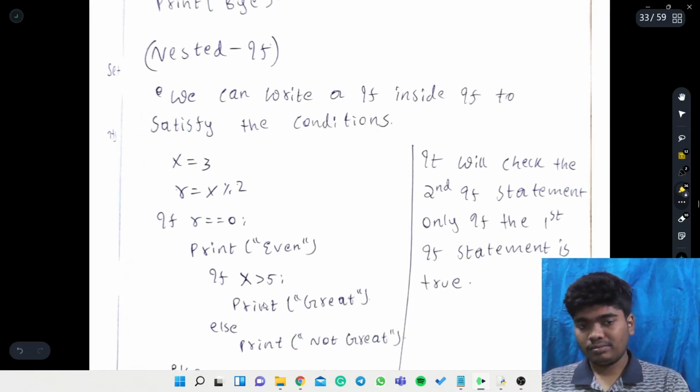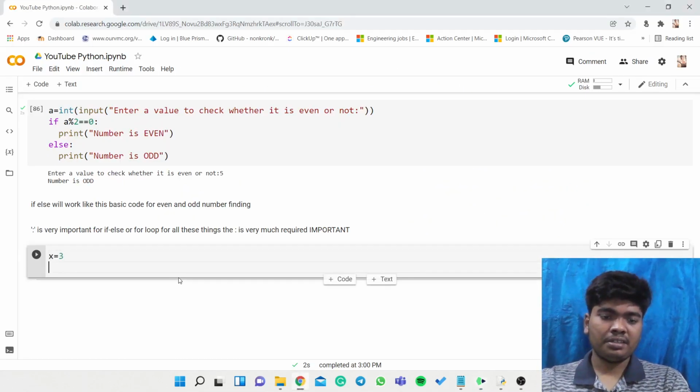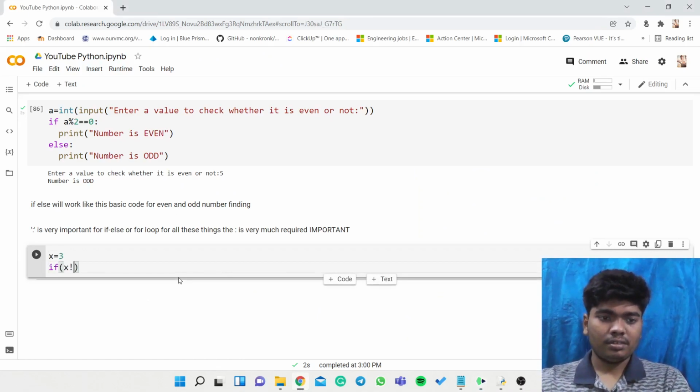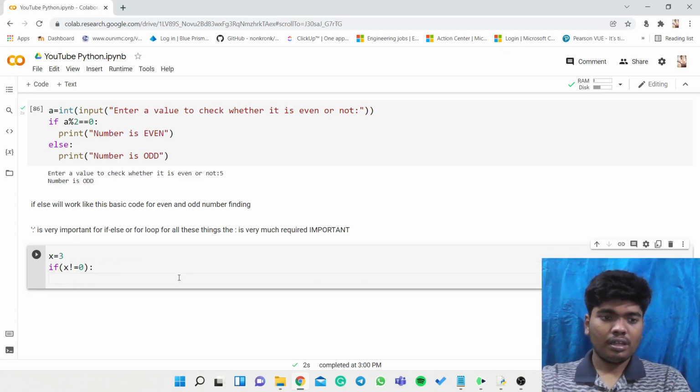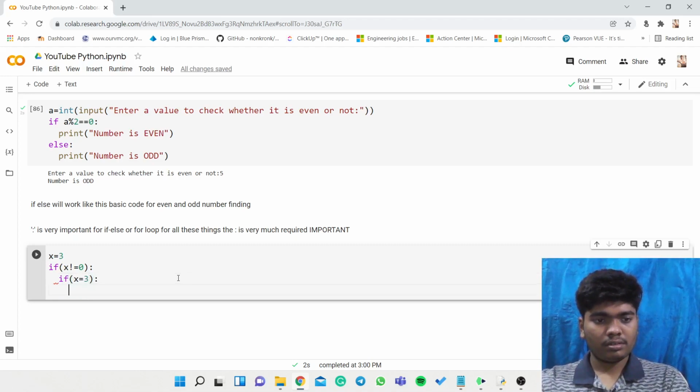These are all things we learned in the previous Java programs, but now for our case we will execute one program. So now let us consider x is equal to 3. If x not equal to 0, then it will get into this inner loop.